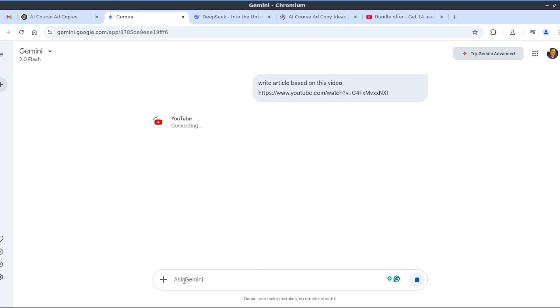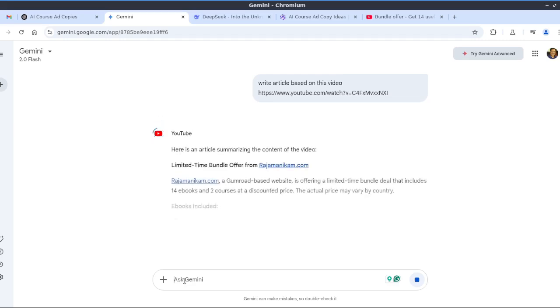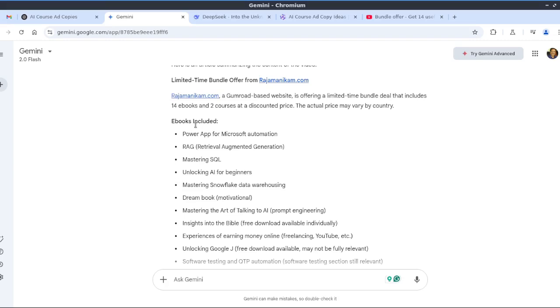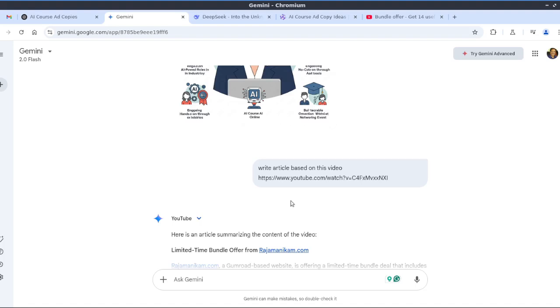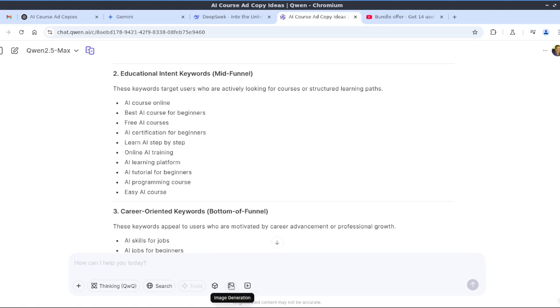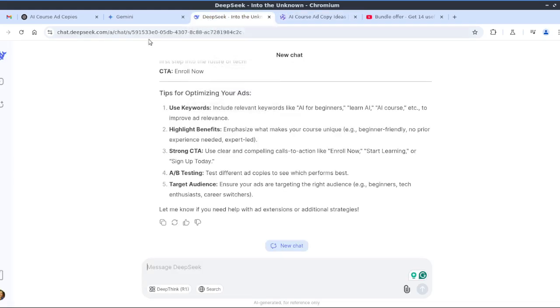Once I create the video, I can automatically create a blog post or any kind of article. Okay, so for a press release, for anything, I can just send this. Okay, so it's able to extract that book's details also. Okay, so this feature will be useful from Gemini. Okay, and similarly Q1 is able to generate images in a specific aspect ratio. Here we can do that. Okay, so we just have to explore. From my personal experience, each LLM has its own strength. Okay, we need to explore.